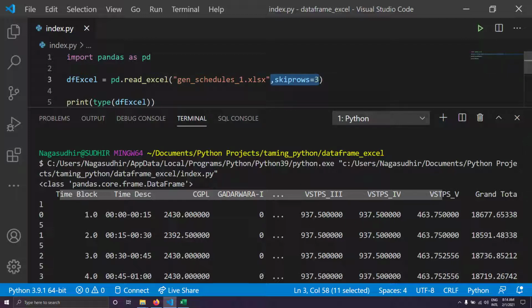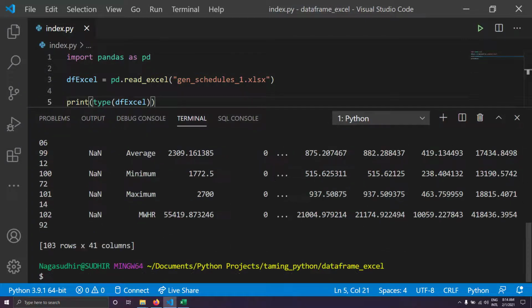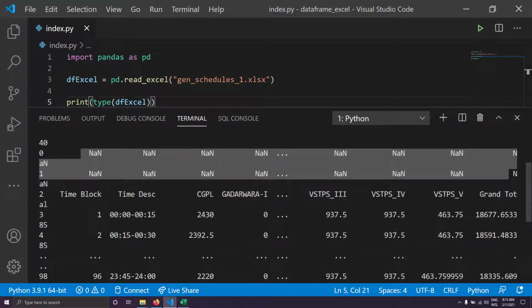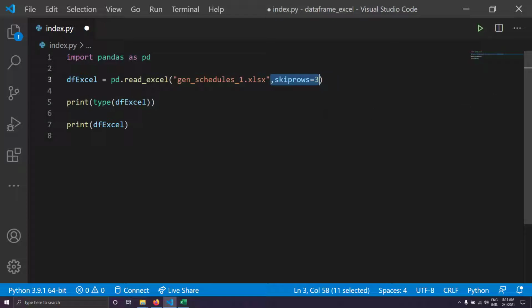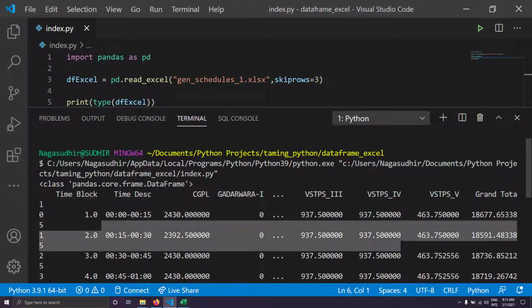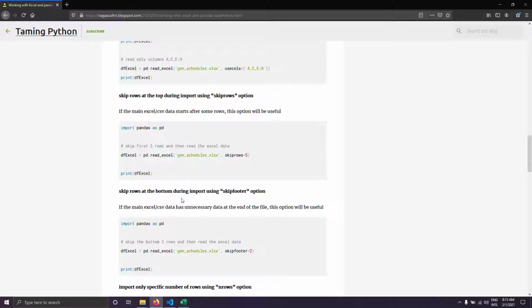Suppose I don't give it like that, I may get an error, or I may get data which I don't desire. You can see I got NaNs and blank rows which were not required, and my first column was all unnamed because they were all blank rows. If I use the skip rows option, I get my desired output. I've got the header from the 4th row, and the data in my desired format. So skip rows is a very useful function, guys. You might run into situations where you need it. Skip rows skips the rows from the beginning that you specify, and starts reading the data frame from that row.